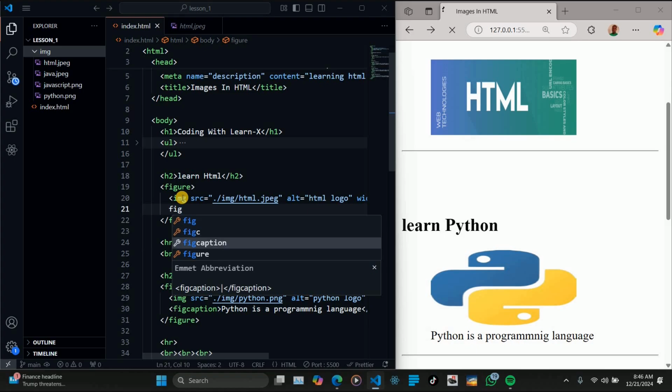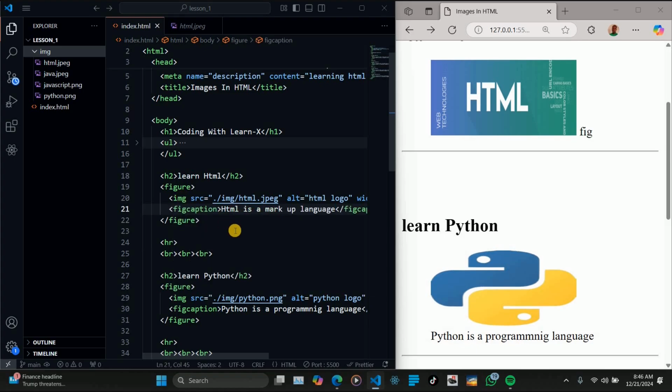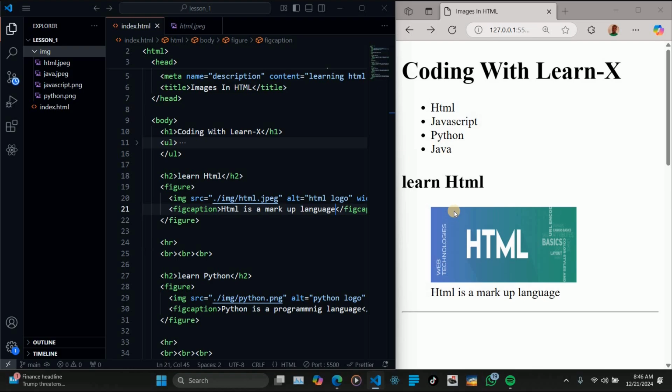Figcaption. And we are good to go. Now, like I said, the figcaption is very good. It gives a description of that particular image instead of using our regular paragraph in describing it. So with the help of the figcaption, we'll be able to create dynamic and very useful captions for our